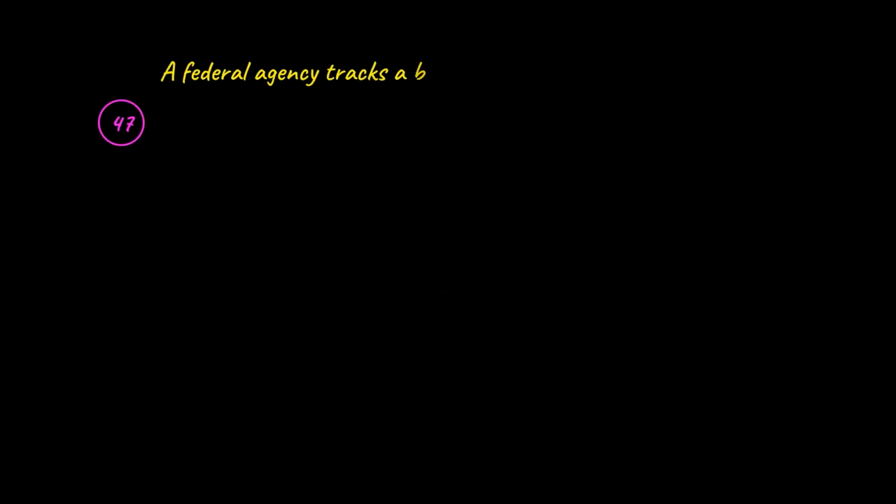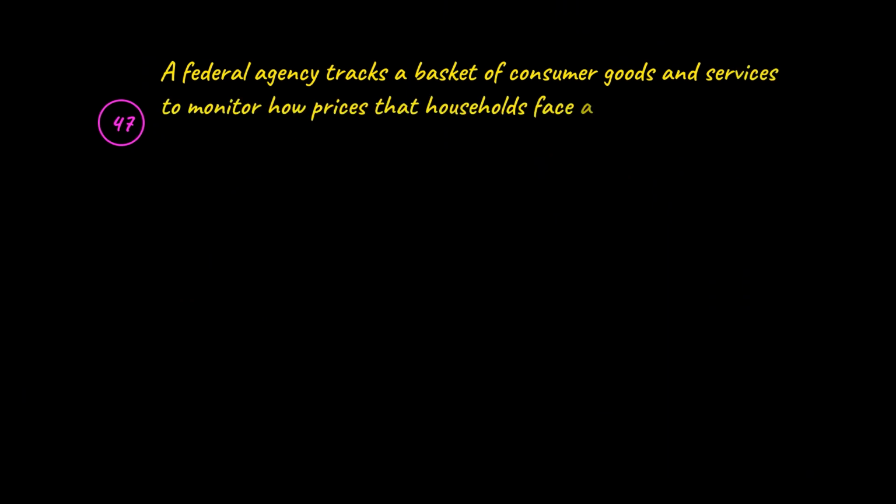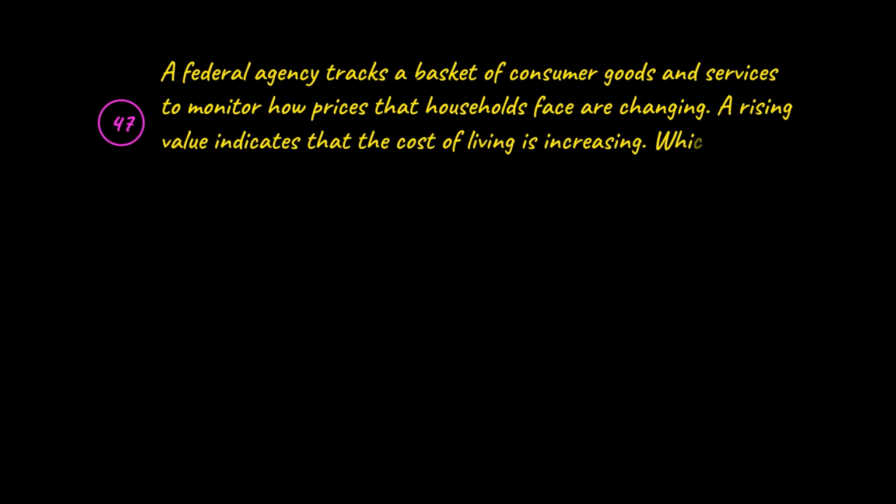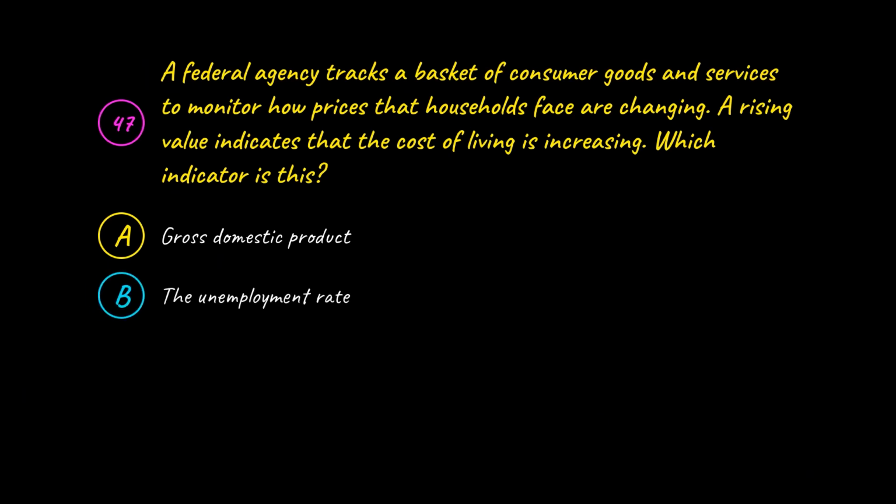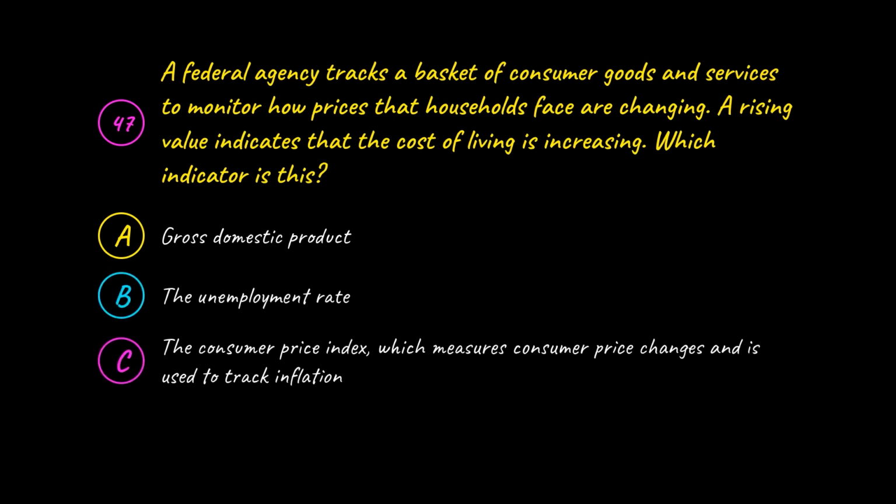Question 47. A federal agency tracks a basket of consumer goods and services to monitor how prices that households face are changing. A rising value indicates that the cost of living is increasing. Which indicator is this? Your options are A. Gross domestic product, B. The unemployment rate, C. The Consumer Price Index, which measures consumer price changes and is used to track inflation,